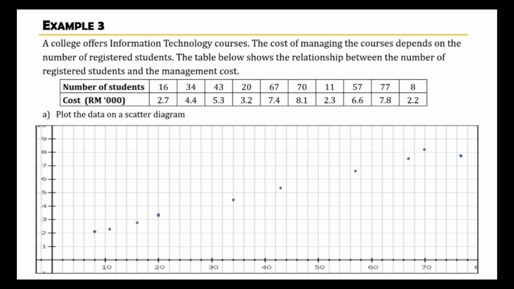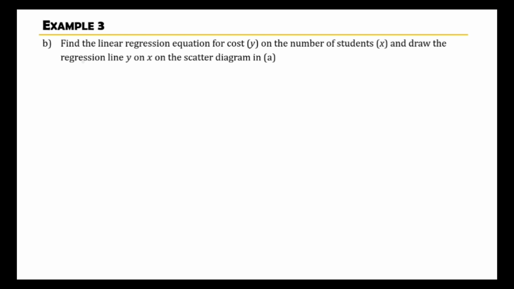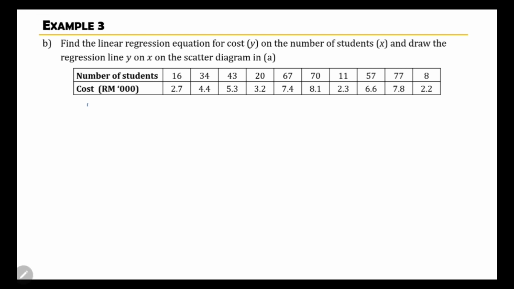So this is the scatter diagram for the data. B, find the linear regression equation for cost on the number of students and draw the regression line y on x on the scatter diagram in A. Regression line is y equal to a plus bx, where n equal to 10 students, total x is 403,